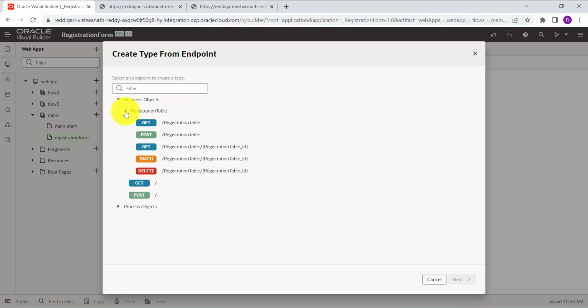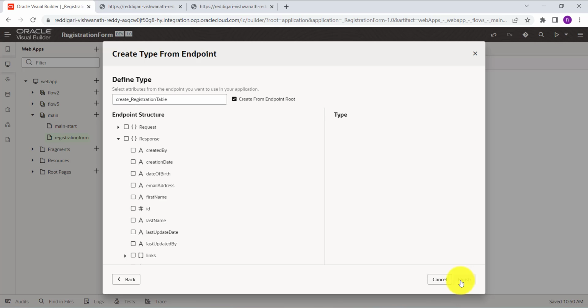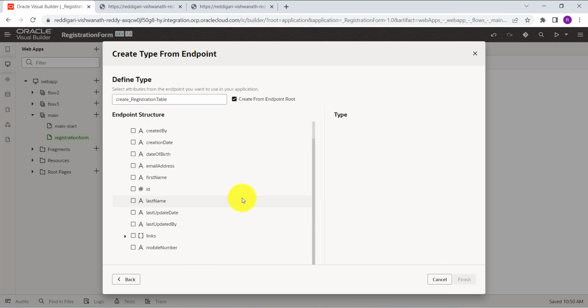Whenever you hit on the save button, the data should be saved into the business object. So for that we need to use a post operation. So we'll select the post operation here and then click on next. So select what are all the fields you wanted to get posted or saved. So I'm selecting here first name, last name, date of birth, email address, and mobile number,